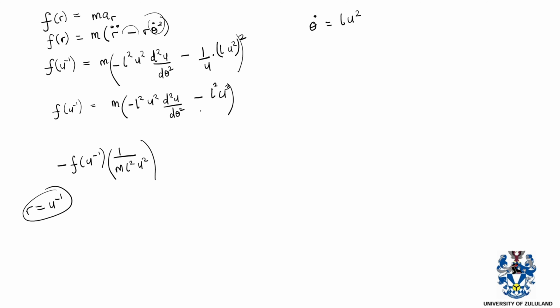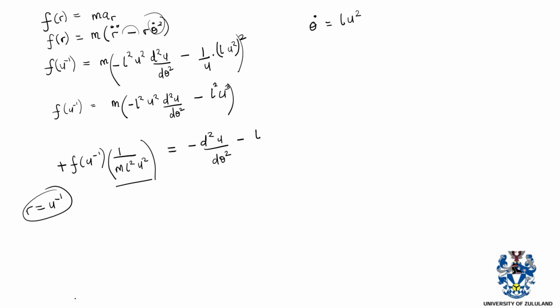So we've basically multiplied both sides of the equal sign by 1 over m L squared u squared. If we do the same on the other side, the m and m will cancel, the L squared and L squared will cancel, the u squared will cancel off. Then we are going to remain here with negative d squared u over d theta squared, and then negative